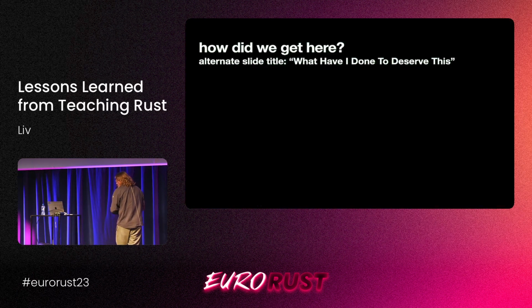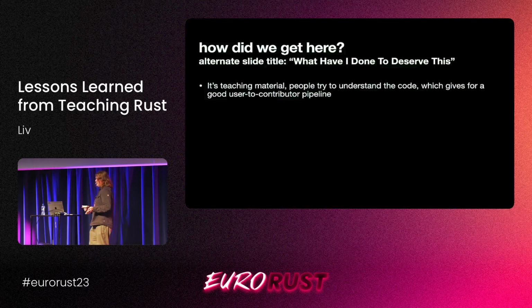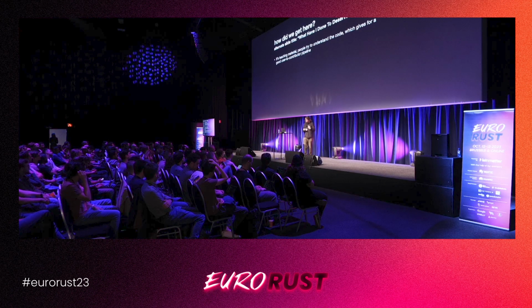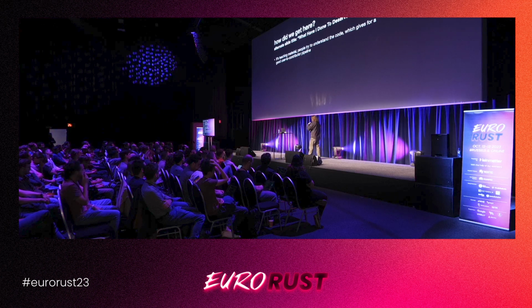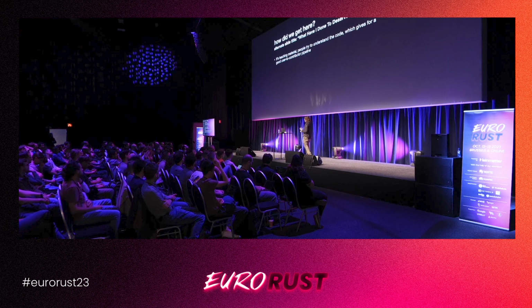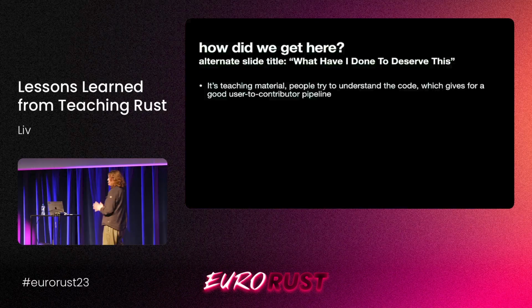So I think the first and most obvious one is it's teaching material. It's fundamentally different from most other types of projects because the way people interact with it is they try to understand it. For a lot of projects, you use it, but you don't necessarily read the source code. That requires a whole other level of interaction, whereas for teaching projects like Rustlings, the whole point is to read the source code, is to understand how the project works, how its exercises work, which makes you uniquely qualified at the end to contribute back to it. I really think people try and become experts in the code through this process.